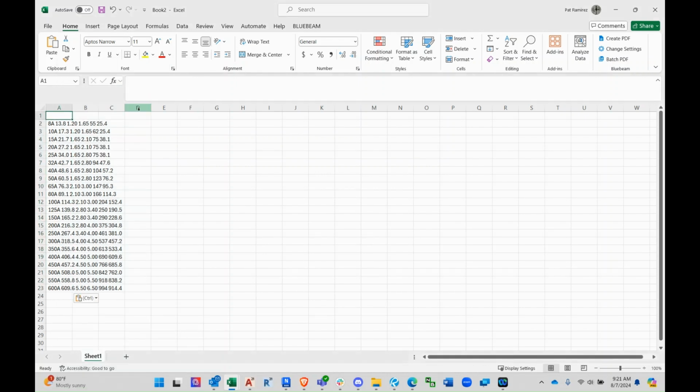And the reason I left a blank row is for headers, just in case you need those. But I'm going to select A2 through A23. It's a single line of text, and there's nothing in column B. So I'm going to select A2 through A23, and I'm going to go to Data